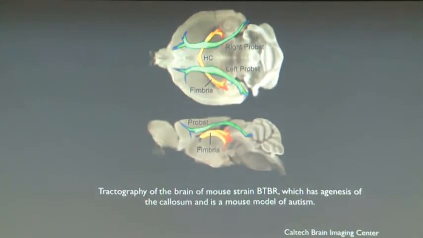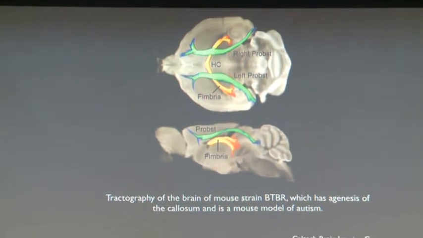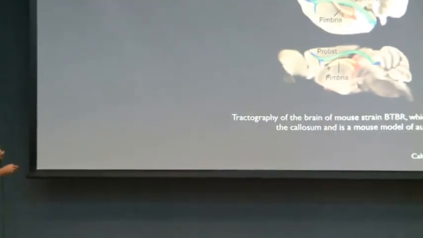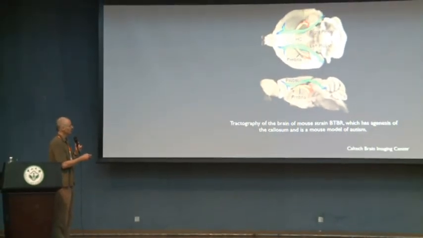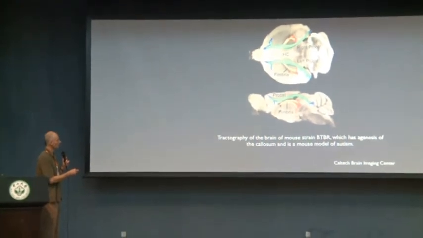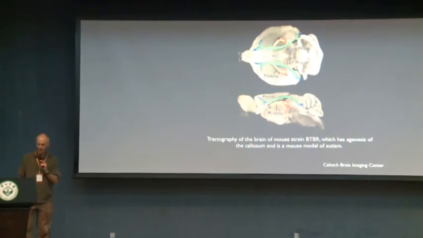One is that there is a mouse model of autism studied by Jackie Crawley, amongst others. This is a mouse that, like our human patients, is born without a corpus callosum and has social deficits that in many respects seem to be a model for autism. This just shows DTI on some of the white matter tracts. Like in the human patients, these mice don't have a corpus callosum. Instead, what they have are these weird fiber bundles that a healthy brain does not have, called Probst bundles, that connect each hemisphere within a hemisphere, but they don't cross over.